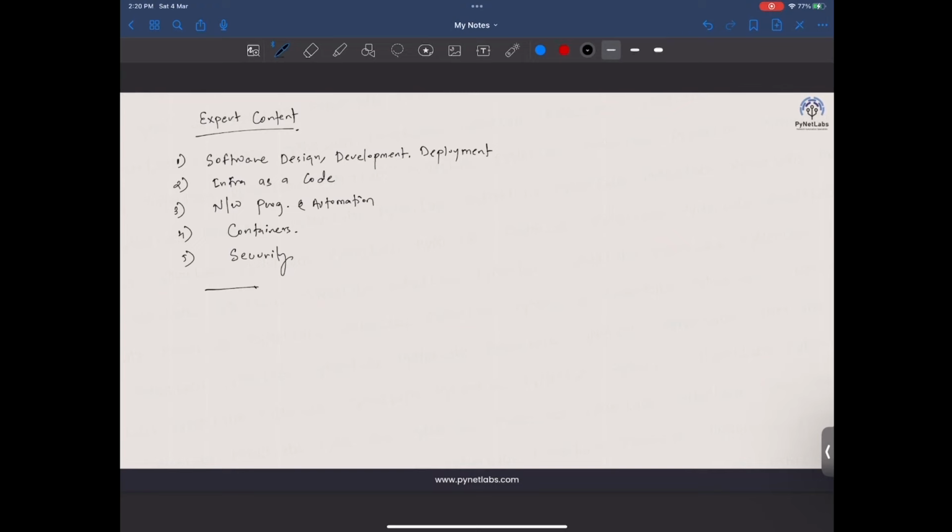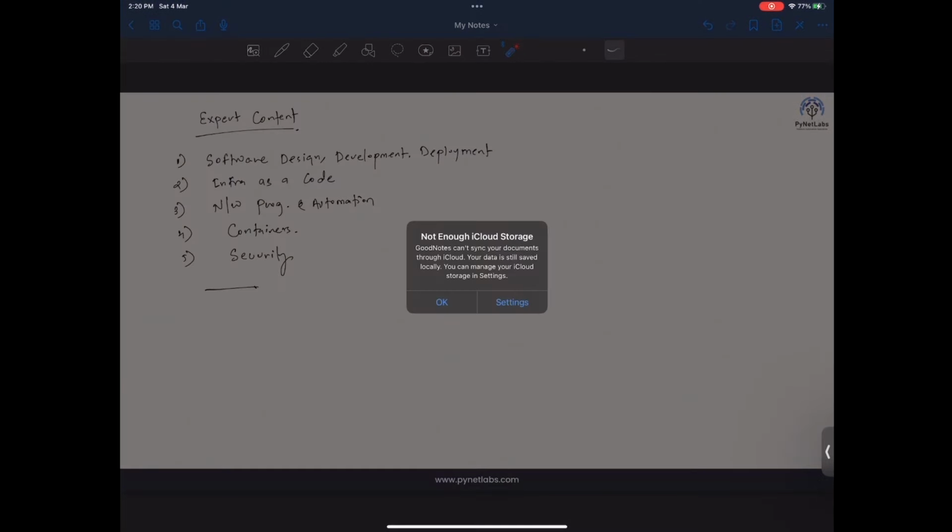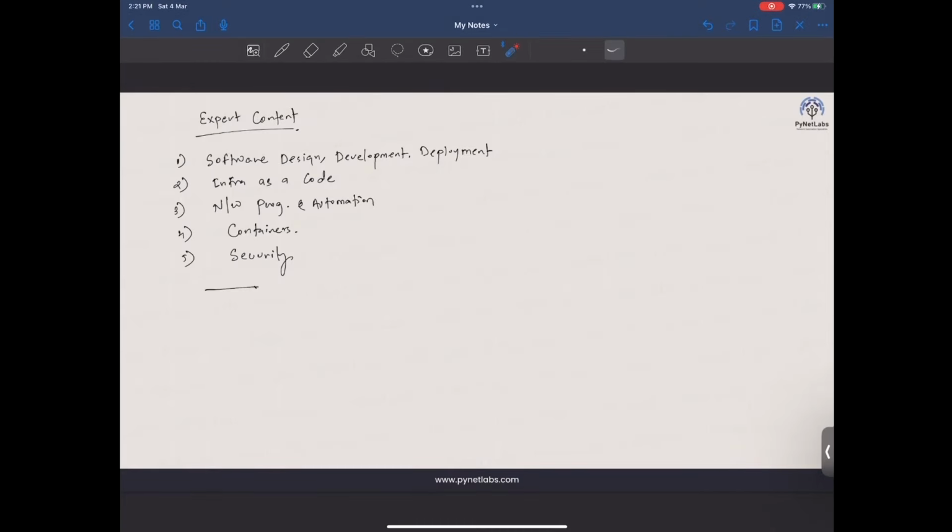The software design, development, and deployment section involves, in the design part, how the entire workflow can be designed. For example, building up CI/CD pipelines using GitLab, and based on that, when there is any change